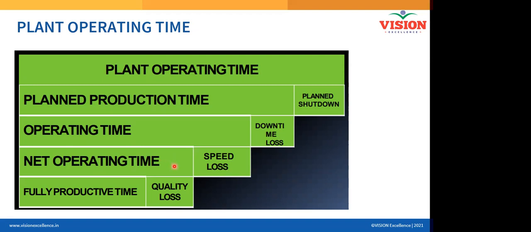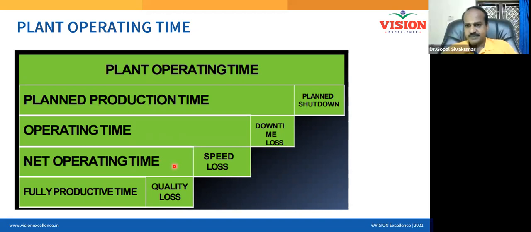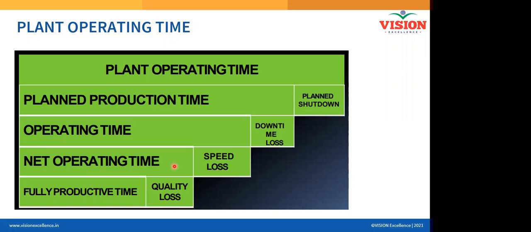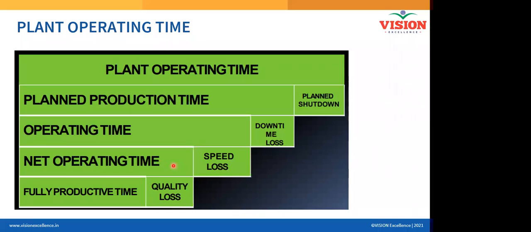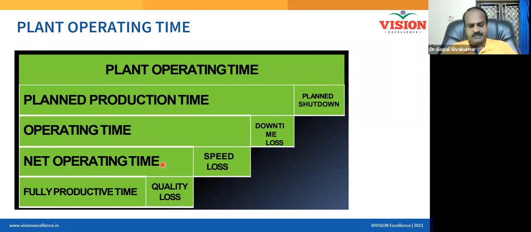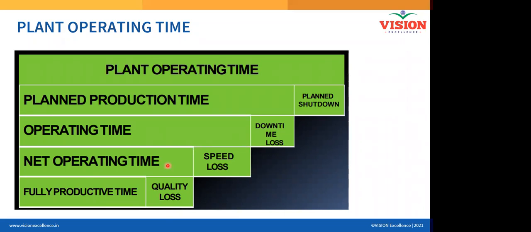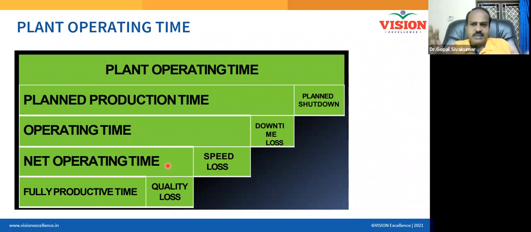Yes, sir. Now, how many units you produced? 450. Actually, you should have produced 550, but what you produced is only 450. Now, this 450, your quality team is checking, and out of the 450, some 100 units are rejected. So how much is the units that are acceptable now? 350. How much time you generally require to produce 350 units?